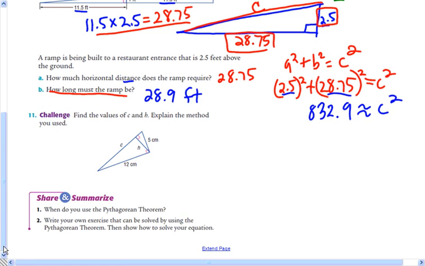All right. Let's do one more problem. I'll just get you started on here, and then you can see how it works. It says in this problem, find the values of C and H. Well, I think C is this distance here. To find the total distance there, you have the two legs of that right triangle, so you can do 5 squared plus 12 squared is equal to C squared if that's the total length. But you're going to have to do something a little bit different to get